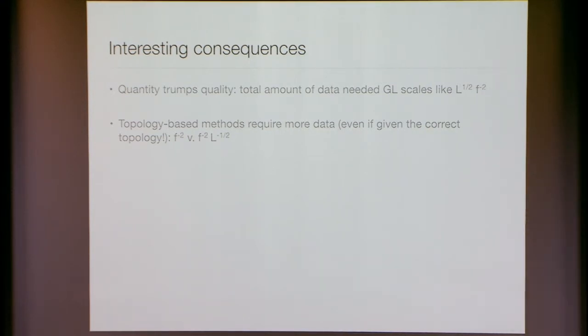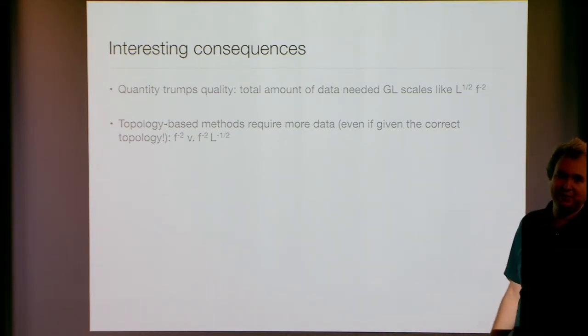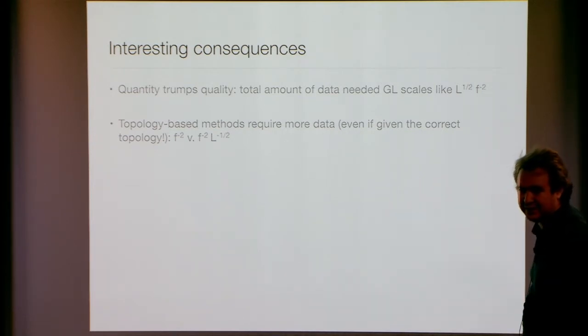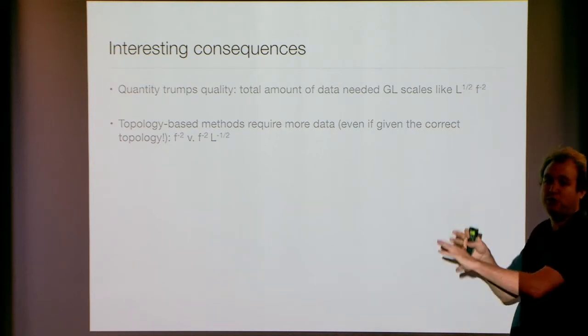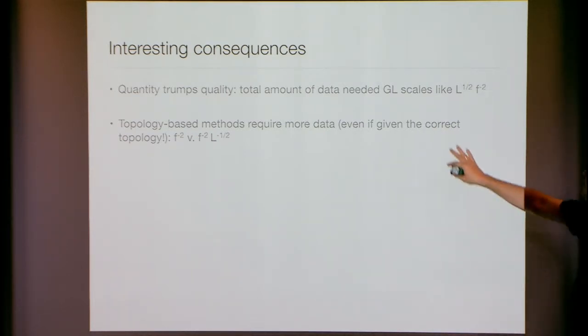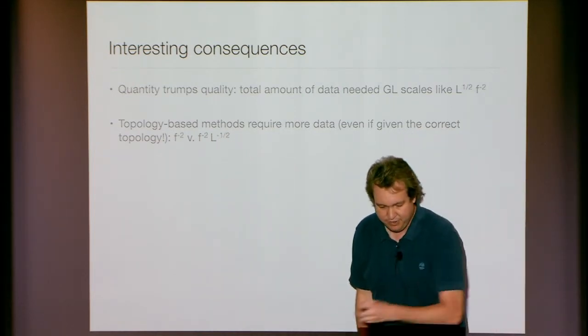of L. Remember that L measures the quality of my data. The higher the quality is overall, the more total amount of data I'm going to need. Or in other words, you're much better off having tons of short genes than fewer longer genes, as long as what you care about is the total sequencing effort that you're doing in order to get the best possible reconstruction. Another consequence of this is that if you're just reducing things to doing topologies from different genes and